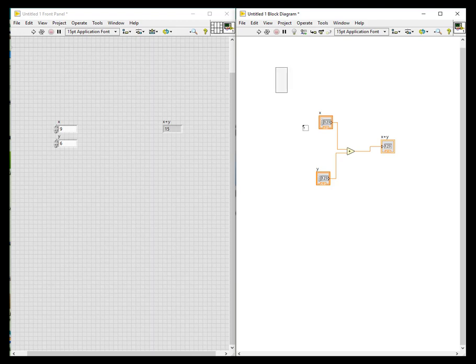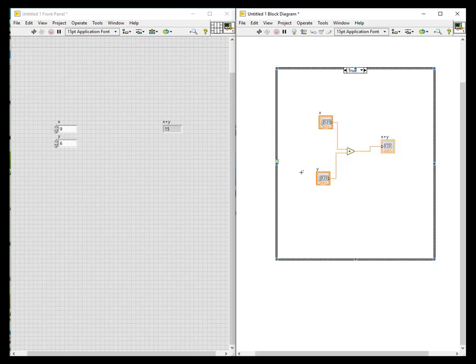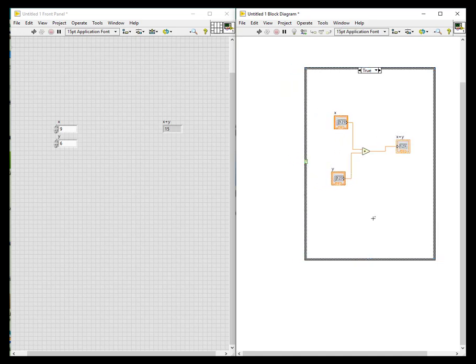Just click on the case structure and you can draw a case structure over it. If at all you want to change the program code, you can change it, no problem. Whatever you want, you can do it. And what I do is I just take these inputs out of my case structure and also the indicator out of my case structure. Just press Control P for removing all the broken wires. So now what I have to do is give a condition to it. I always told you there should be a condition or else it won't work.